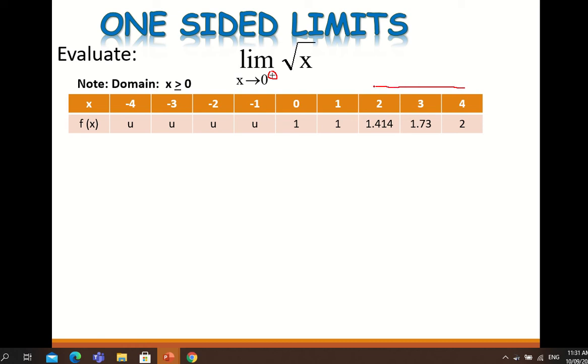So we have 4, 3, 2, 1, 0. If you substitute these values to f of x and plot the points,